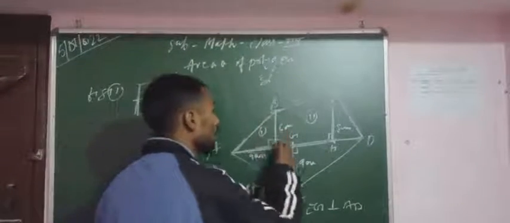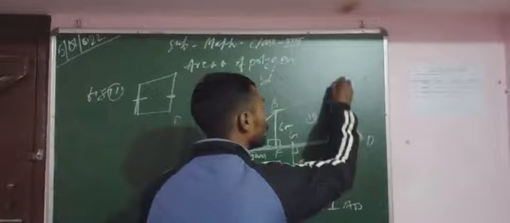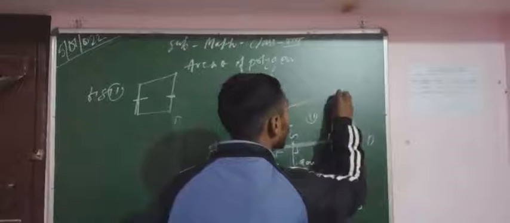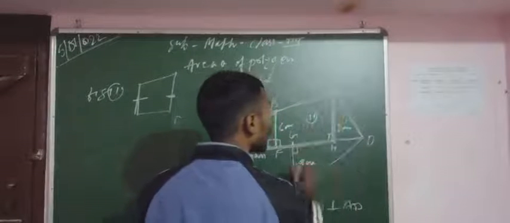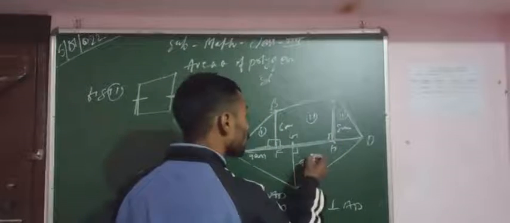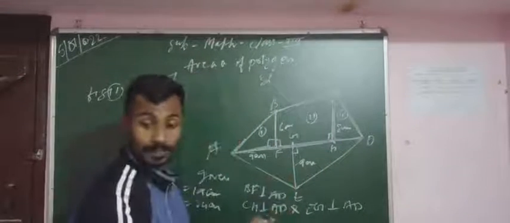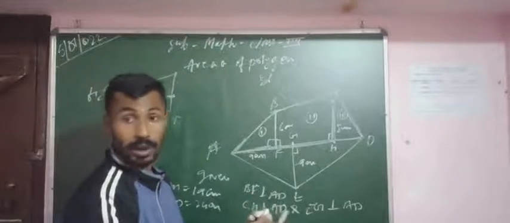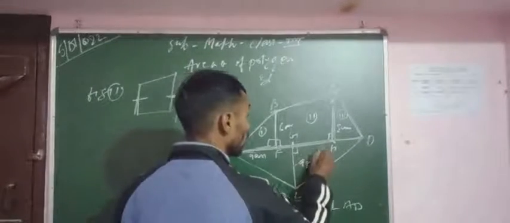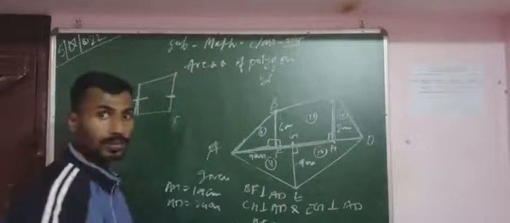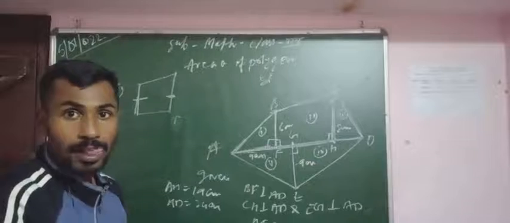That means BF is parallel to CH, but it's a non-parallel side. Look at this one. Okay, figure 2 is a parallelogram and figure 3 is a rectangle. Sorry, this is a triangle, and again figure 1 is also a triangle. This is the fourth and this is the fifth, which is a triangle. Okay, look at this.